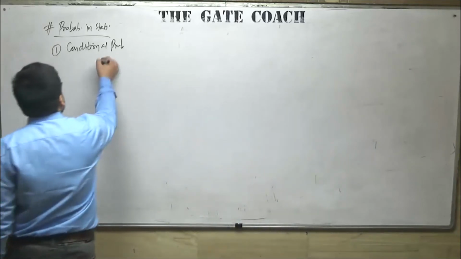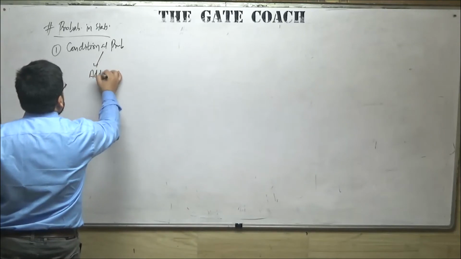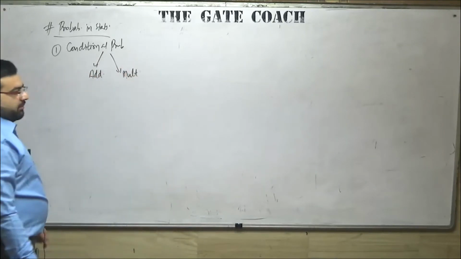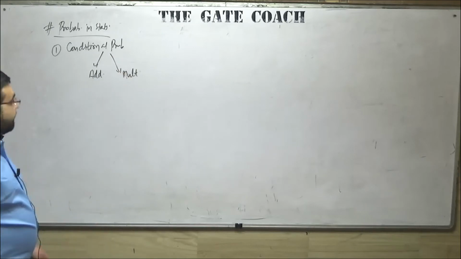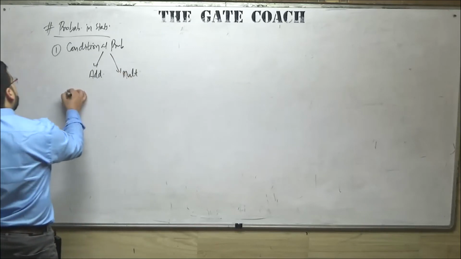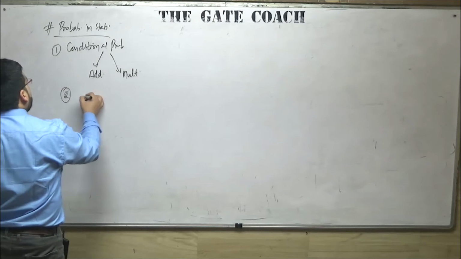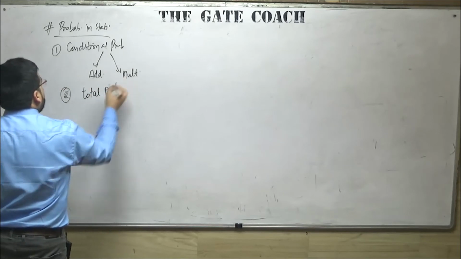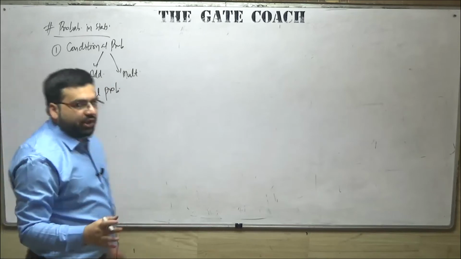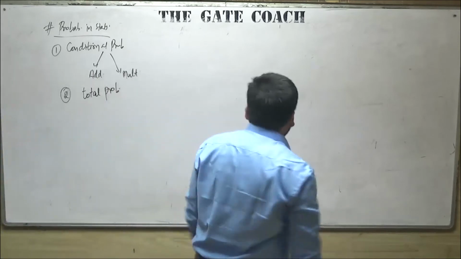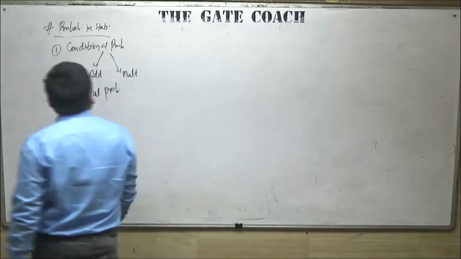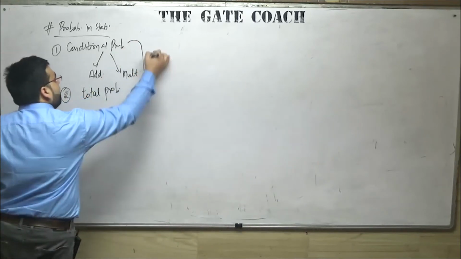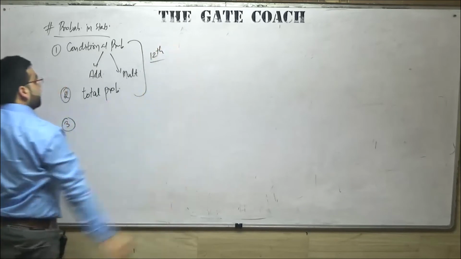Now, what are the various rules of addition and the rules of multiplication? When do we add the probability? When do we multiply the probability? That we also discussed in the class. Number 2, we discussed the total probability theorem. Total probability, that is the summation of probability, everything is 1, and how to get the total probability. That thing we discussed. After this, the main topic was, this thing we already discussed in class 12th also.